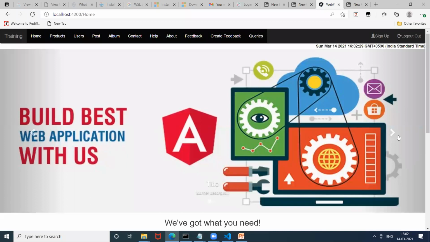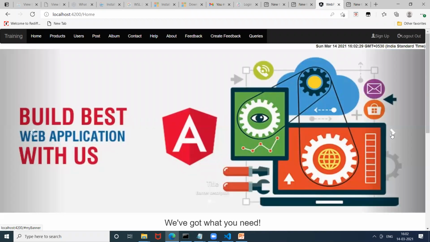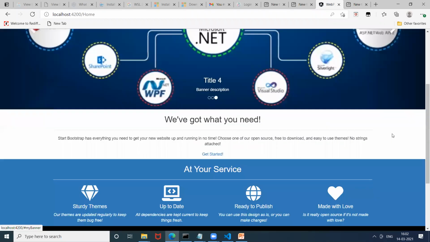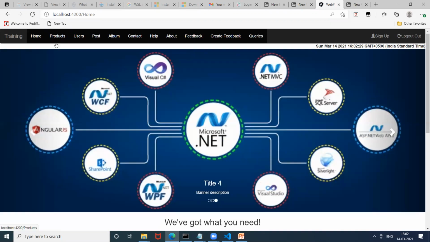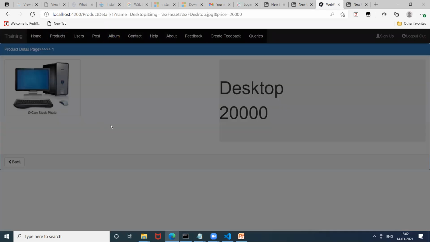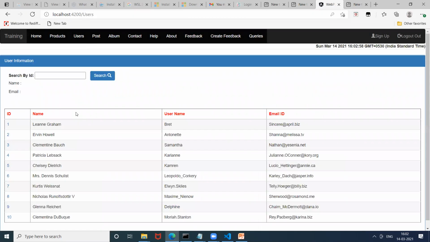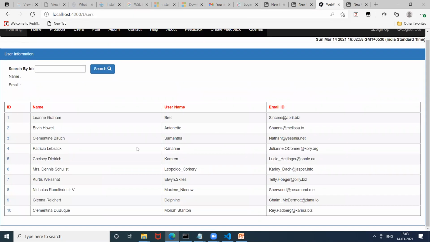Now you can see this is the crossing. Here you can see this is the e-commerce training website. You will be able to understand each and everything in detail. All right. Here you can make the product page. You have to make this website with me. Here you can see all the products, and once you click the product, you will get the information, and you can use a modal from Bootstrap, right? After that, you can see this is the data which is coming from the service, and you are fetching the data from the service. If you want to fetch by ID, the record will be fetched by name and this one.